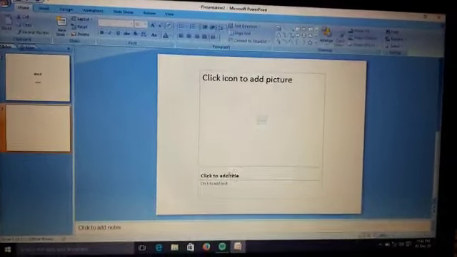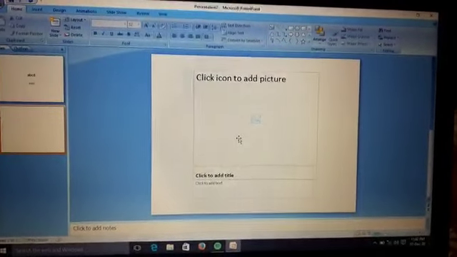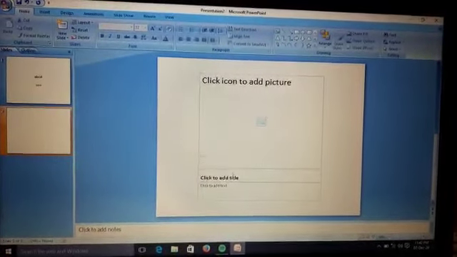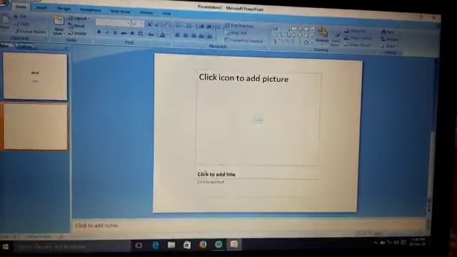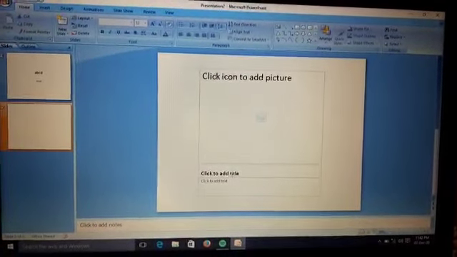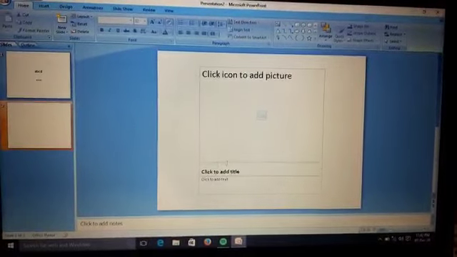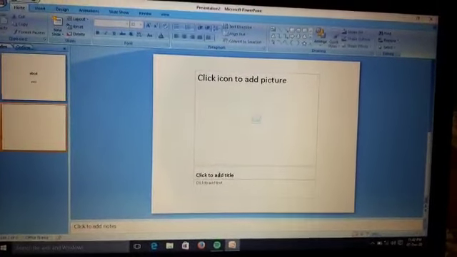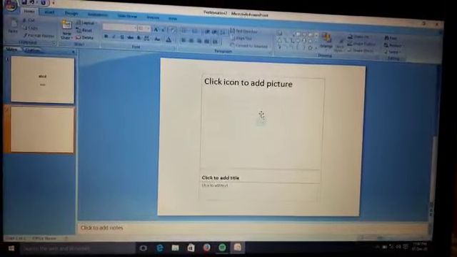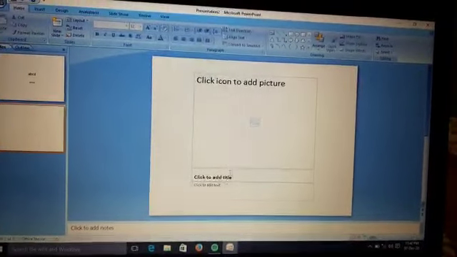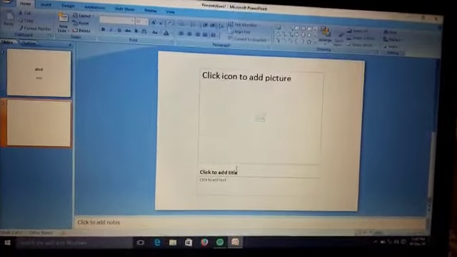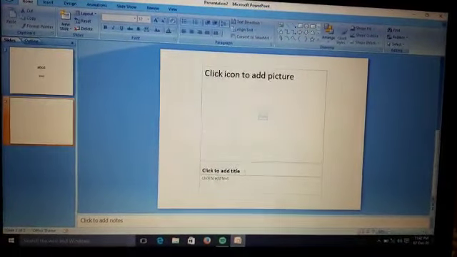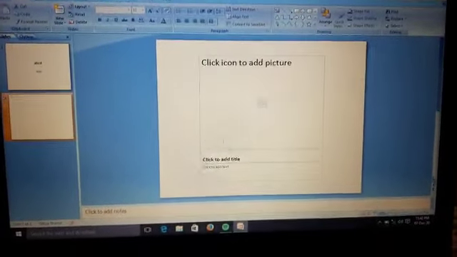Suppose I have given a picture of a leaf, and in the lower section, the rectangular box, we will write that it's a leaf. Here the bigger section is for the image or picture, and the lower smaller placeholder is for the caption of the picture.